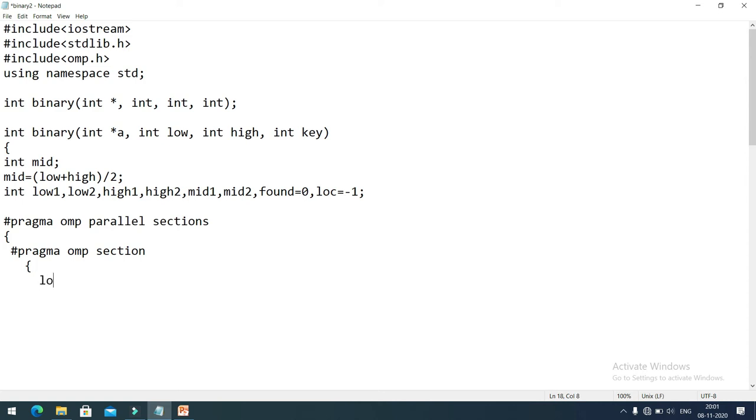Now here initially I will store the lower value in low 1 and the mid value in high 1. Then I will write one loop: while low 1 is less than or equal to high 1.